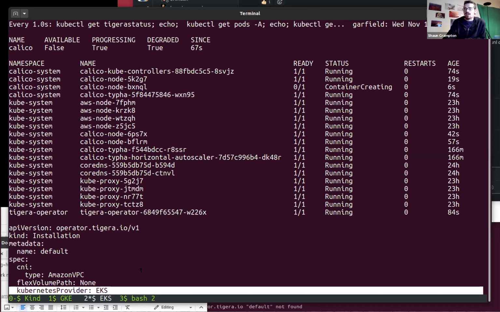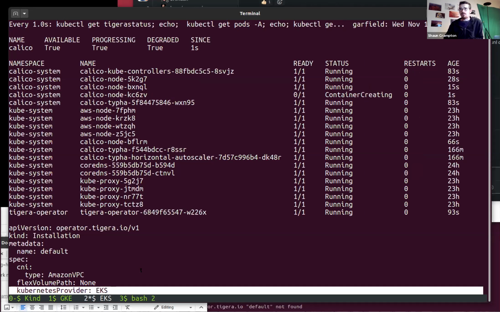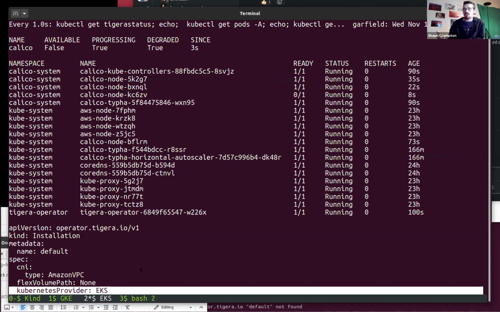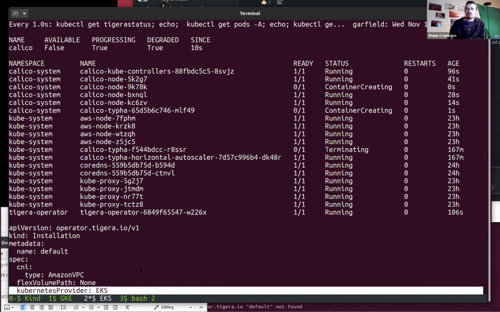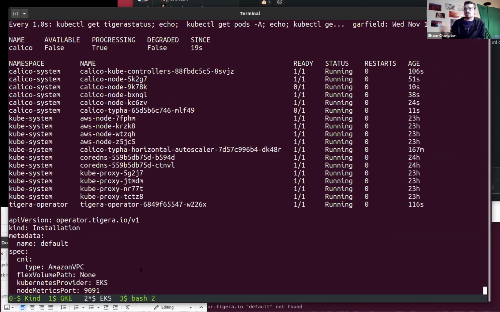Just wanted to add something. So Steve asked about whether we scale the number of Typha. One other thing that you might not have thought of is the operator secures the Felix Typha connection as well, which is a fiddly job to do by hand, and it's the kind of thing that you might not do if you don't feel like setting up a certificate authority and so on. But one of the things the operator does for Typha is it sets up all the certificates that you need and makes that nice and secure as well.